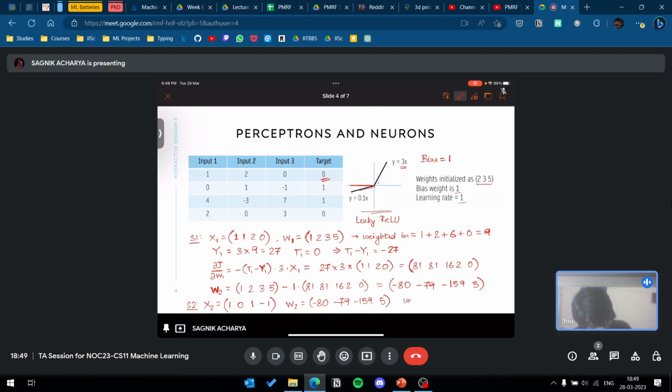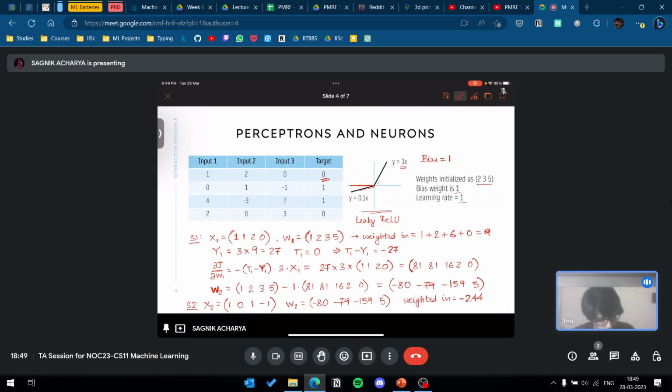So the weighted input will be equal to minus 80, plus the 79 is multiplied with 0, minus 159, and the 5 is multiplied with negative 1, so minus 5, right? So this is equal to minus 244,